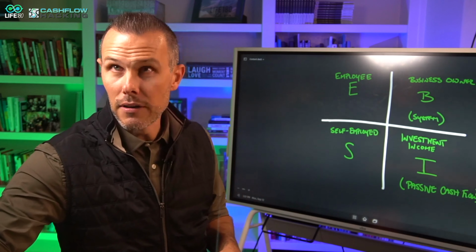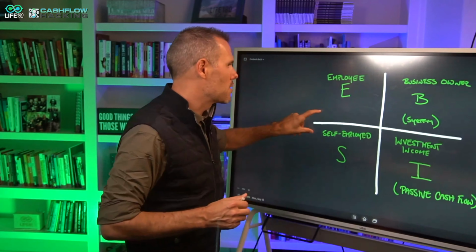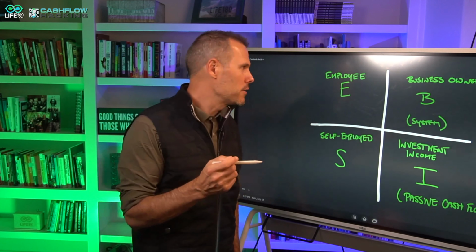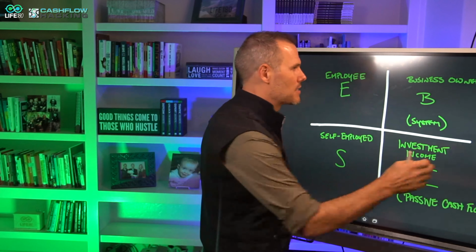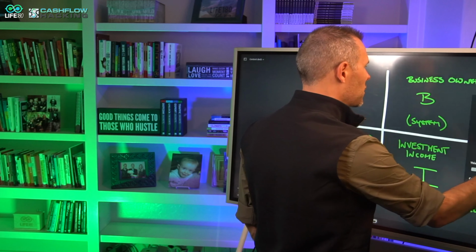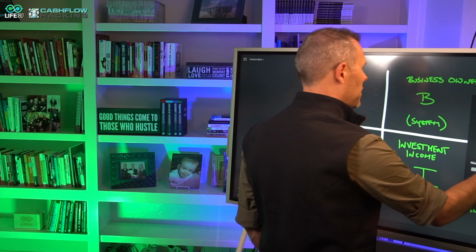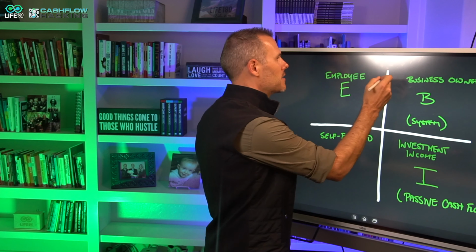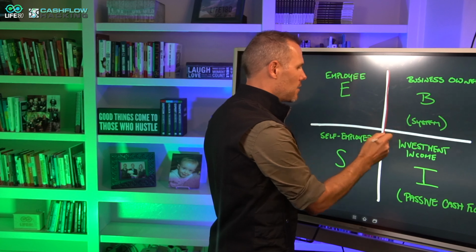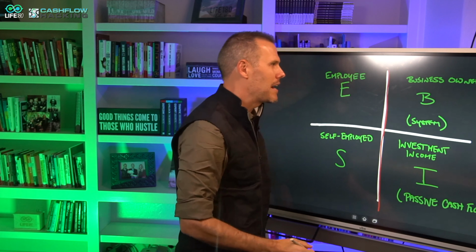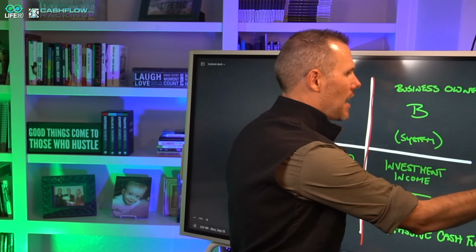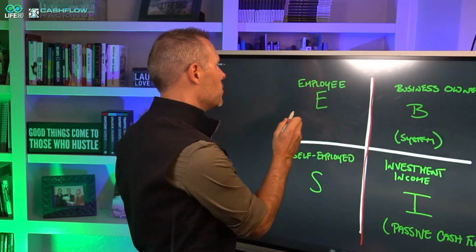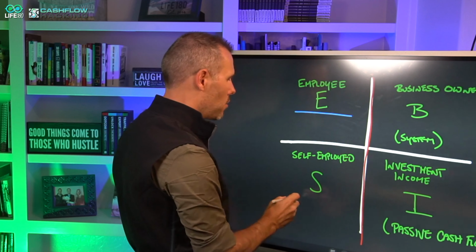So what I want to do here is I was going to share the screen, but I'm not going to. So I want to basically break it down like this. There's basically two sides of the quadrant that I want everybody to look at here. The cool part is, once again, with the simplicity of it all, this red line divides it. The left side of the quadrant, I'm just going to put blue, you have active income, employee and self-employed.